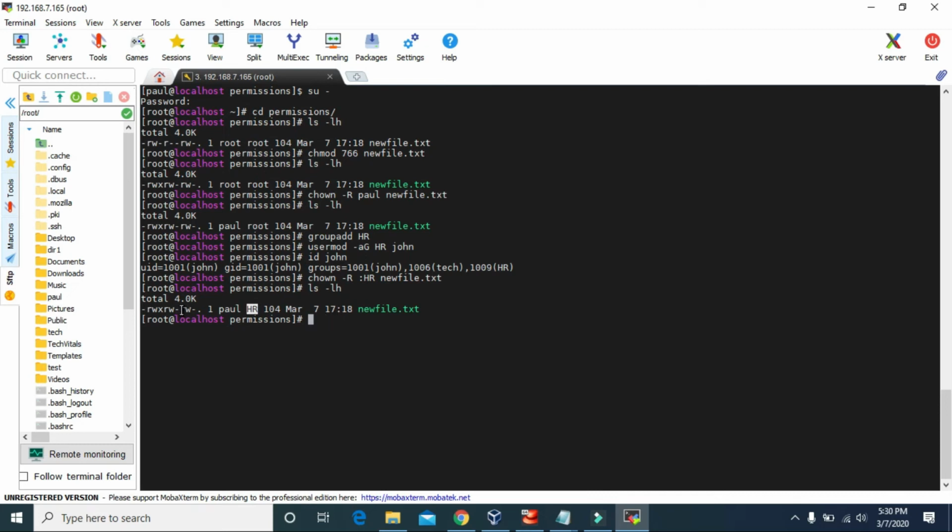So this second section is going to apply for this HR group. So all the members of HR group can read and write. Now let's do some experiments. So we have given the permissions to other users to read and write on this new file, the text, but